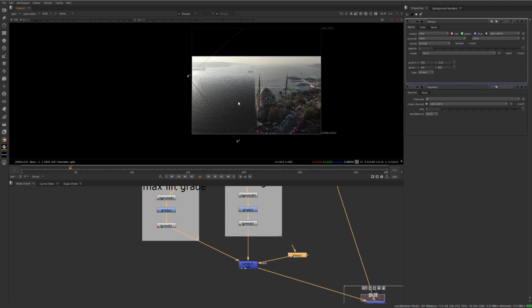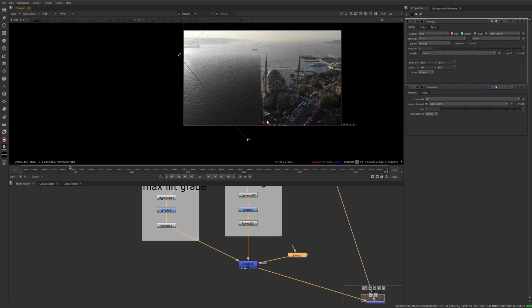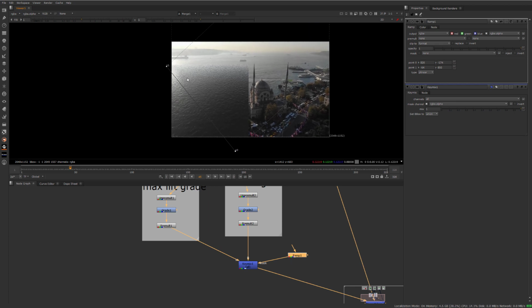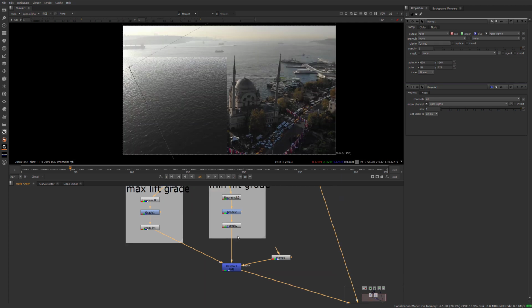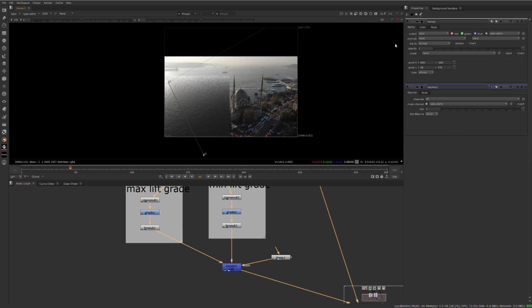You see, now I'm setting my gradient area between the max lift and minimum lift grades. Okay,